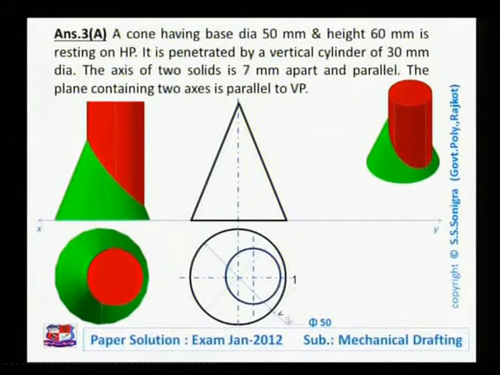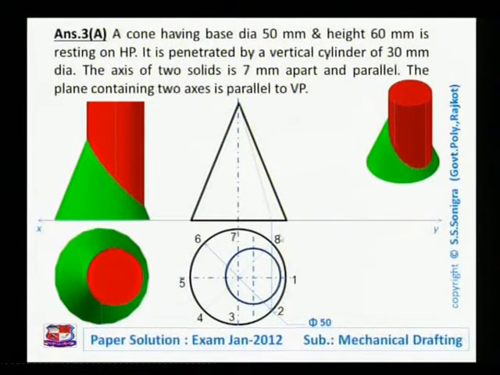Name the points. Divide this cone into an equal number of parts. 1, 2, imaginary generators. 3, here is point number 3. P4, here is point number 4. P5, point number P6 is here. Point number 7 is here, and point number 8 is here. So here we have divided this cone into imaginary generators, 8 equal parts. Transfer these imaginary parts to its front view like this.